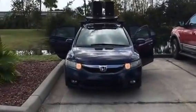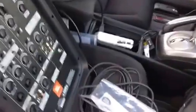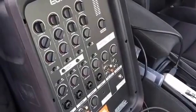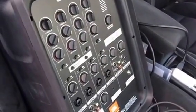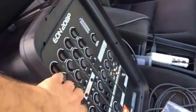Okay, this is a sound test of the JBL EON 208P outdoor. We're running it off a 12 volt 200 watt inverter, although it only draws 75 watts RMS. A couple things I'm going to show you. It's paired via Bluetooth, so the sound quality isn't perfect. None of the EQs, from my previous video you can tell, none of the EQ works on the Bluetooth, but